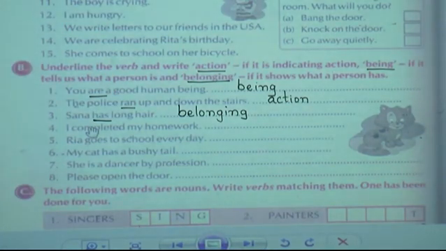Third, I completed my homework. I completed